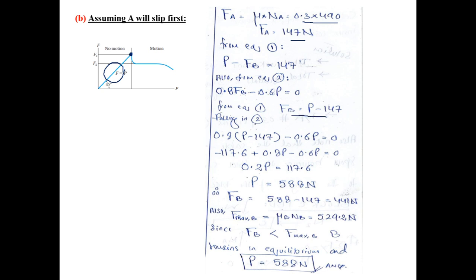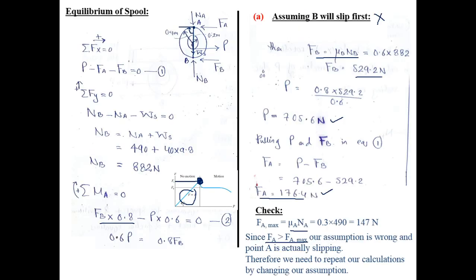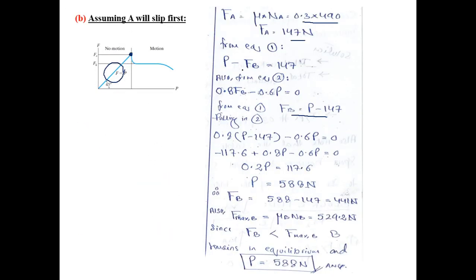Fb is P minus 147, and we are using the same equations, okay? We are using these same equations 1 and 2. So this was equation 1 and this was equation 2, please remember. We are using the same equations. No need of solving this part again. You only have to reverse your assumptions and again use these same equations to solve the problem. So from equation 1, we get P minus Fb equals 147, which gives Fb equals P minus 147,